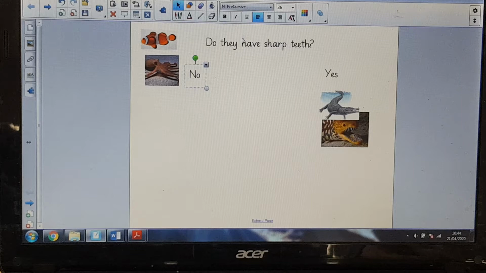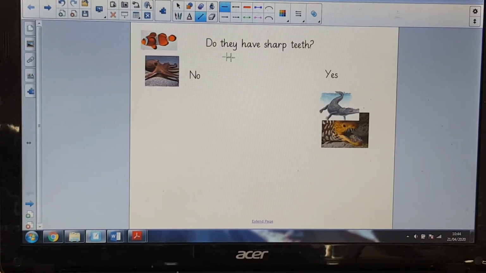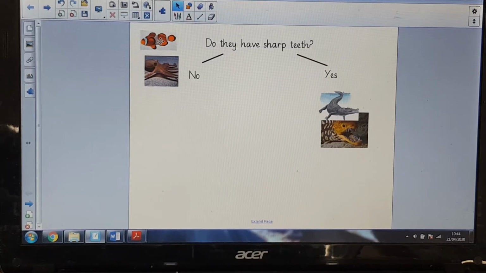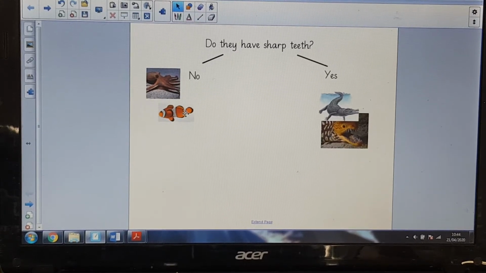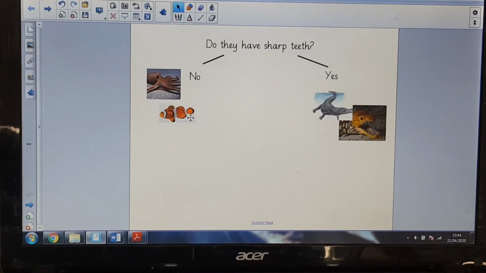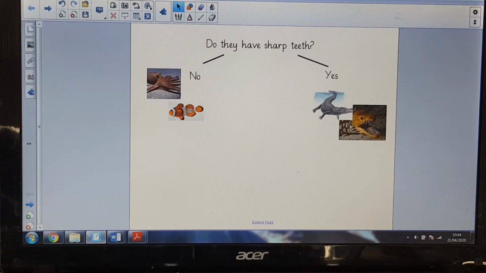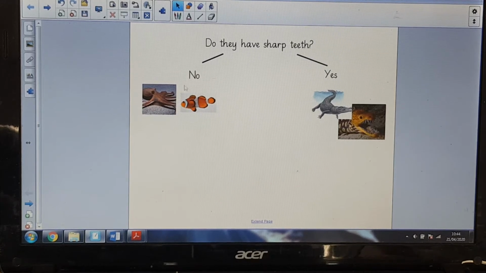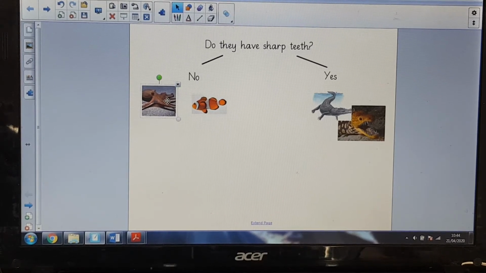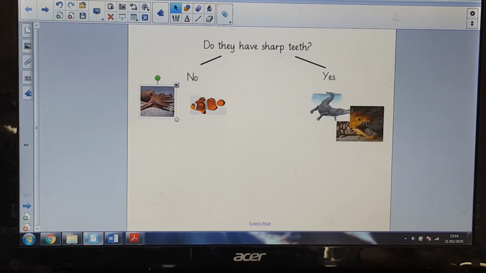So come back to here. And then I just need my sticks, as I could say there. So I've got no and I've got yes there. Then I've got to try and think of a way of splitting these animals up again in half, or best I can. Luckily I can, because there's only 2 on each side, so I just need to try and halve them. So now I've got to try and think of a question that can sort these animals. I can classify these animals as best as I can. So I've got clownfish and I've got an octopus. Well, a nice easy one there I can say is,